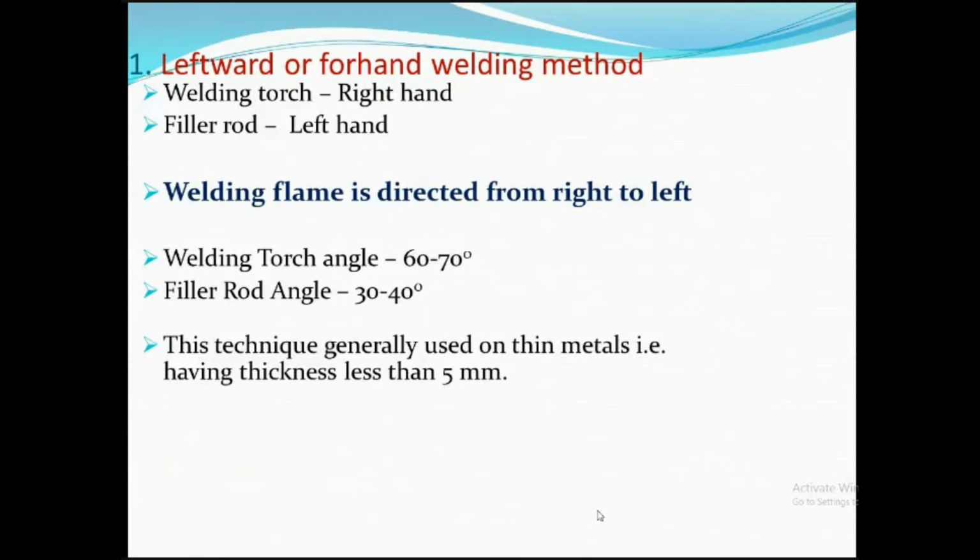In leftward or forward welding, the welding torch is generally held in the right hand, and the filler material is held in the left hand. The welding flame is directed from right to left. The welding torch angle is 60 to 70 degrees, which is seen in our previous slides, and the filler rod angle is 30 to 40 degrees. The technique is generally used on metal having thickness less than 5